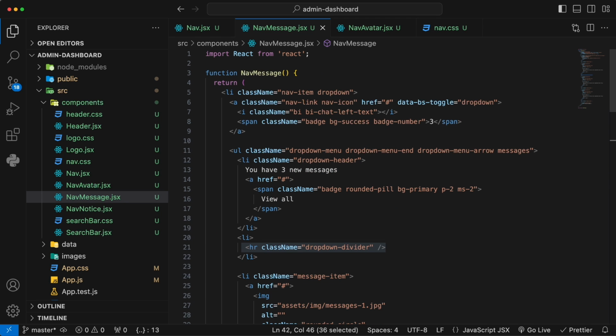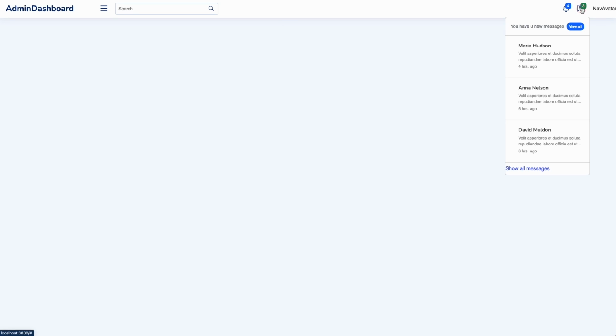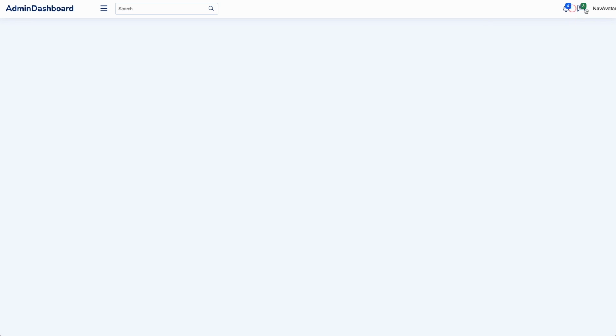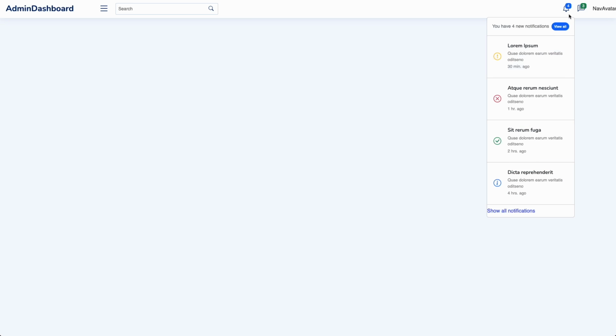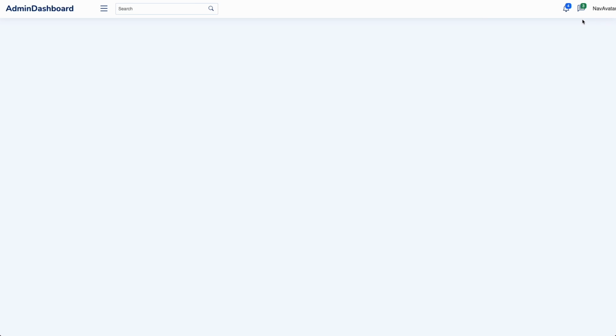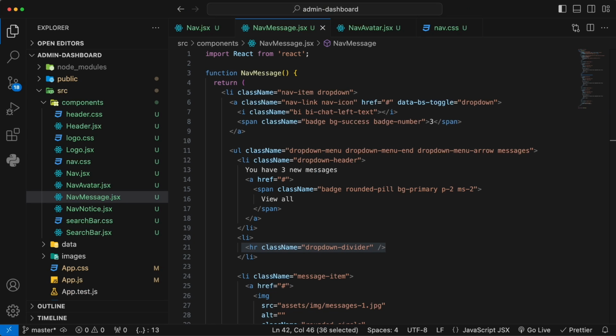Once we've done that, we go back to the browser. You will see this one here with all of those things. That looks pretty nice. You will see the drop-down looks a bit different from the original design. That's because some settings haven't been added in yet, but we'll finalize it in the end. The last one is going to be our profile, which is this one, with the avatar and stuff. So going back here,